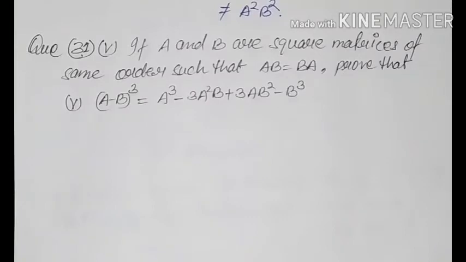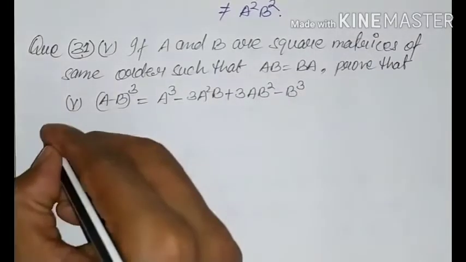Question: if A and B are square matrices of the same order such that AB equals BA, then we have to prove that (A minus B) whole cube equals A cube minus 3A square B plus 3AB square minus B cube. Okay, this is our question. A and B are square matrices of the same order, and given that AB equals BA, the solution is,